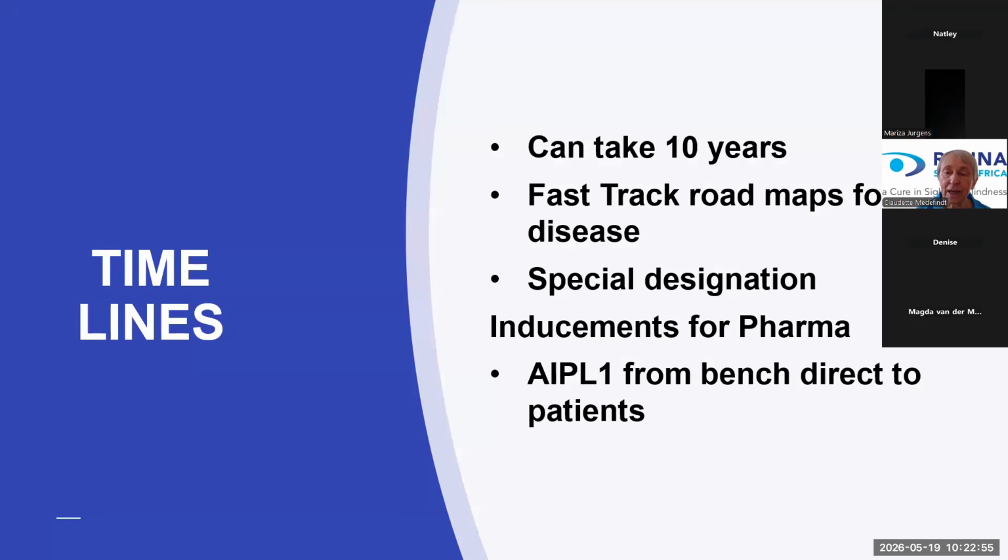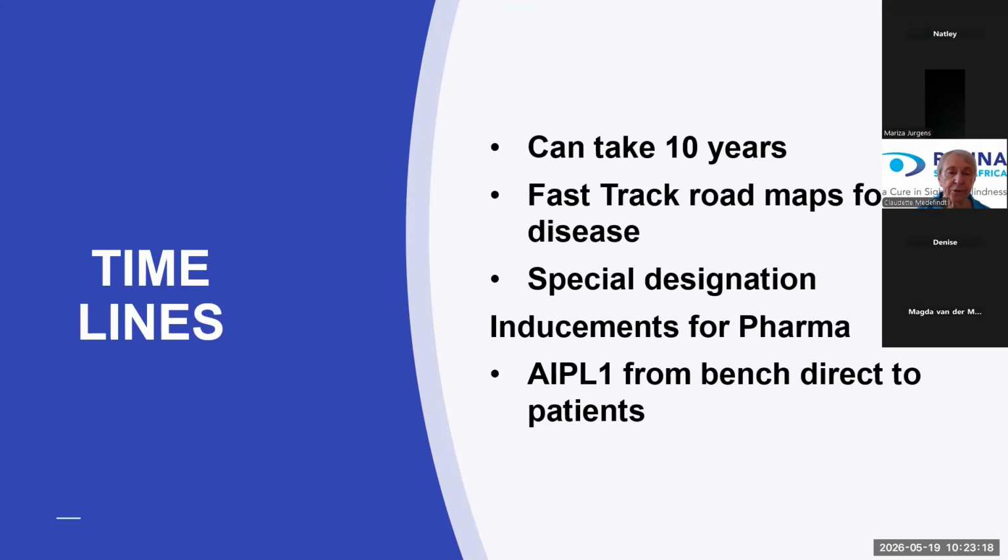They do have these inducements also to pharma. They might give them longer patents. And for example, the AIPL1 gene, that's for Leber's congenital amaurosis, it went directly from the laboratory to patients on a very special allocation